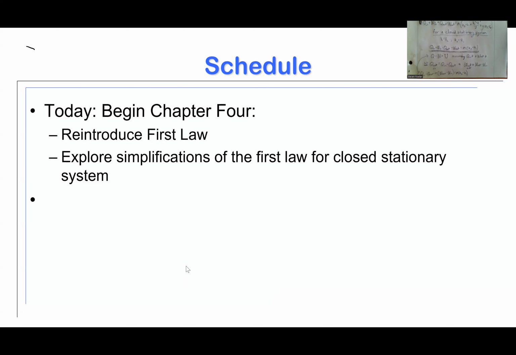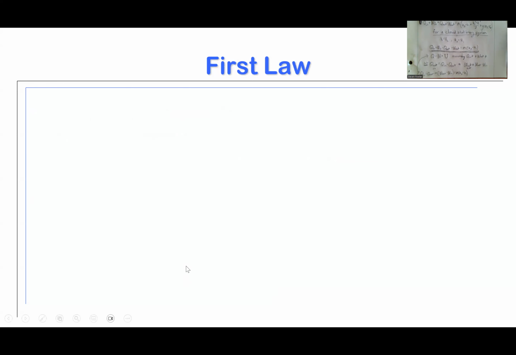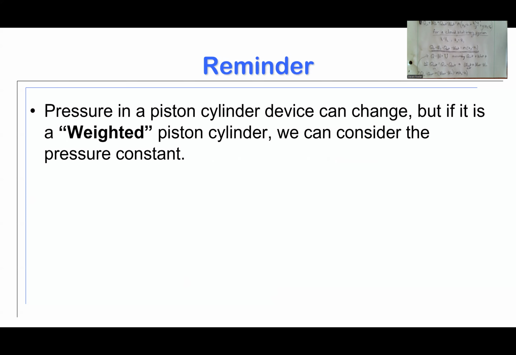From there, here's my slide, simplifications of the first law. Now, there is a term here in your text that the Çengel and Boles text will apply to a piston cylinder if we want to understand or know that that piston cylinder is constant pressure. The pressure in a piston cylinder device can change, right? Piston cylinder,